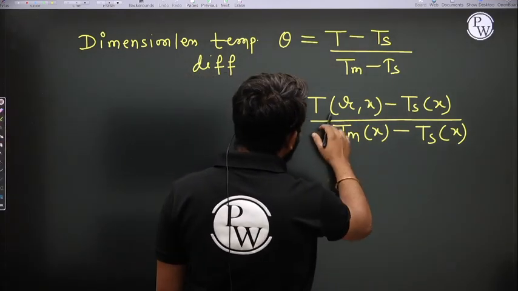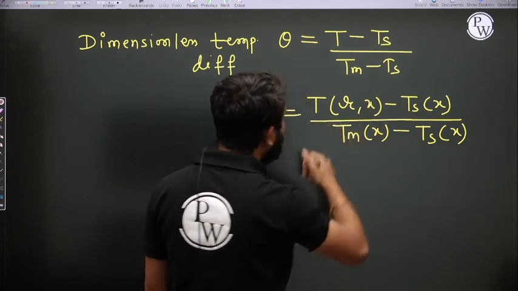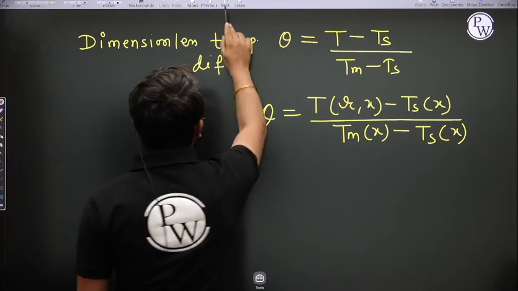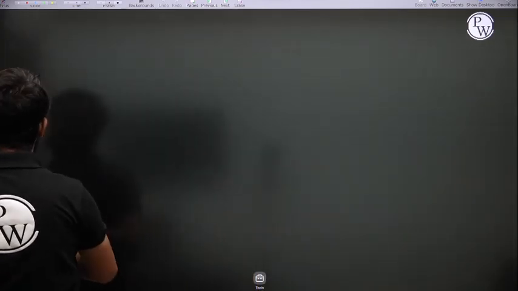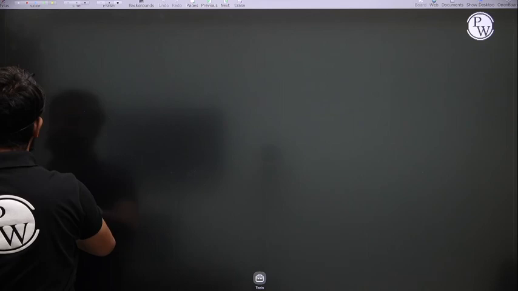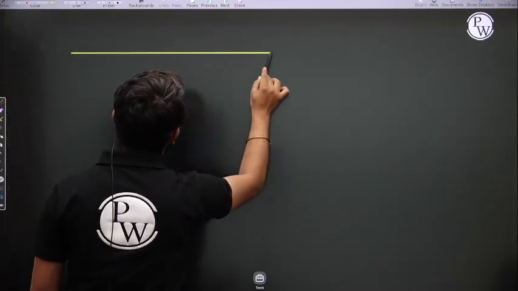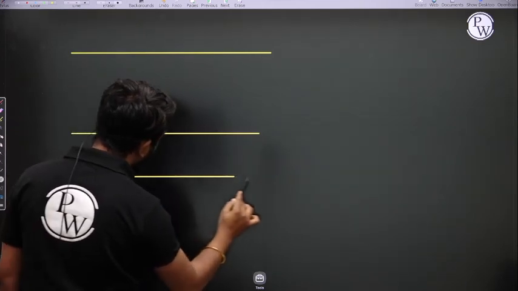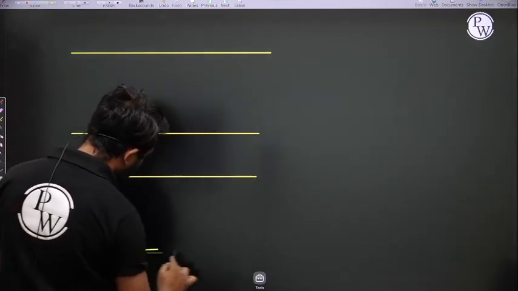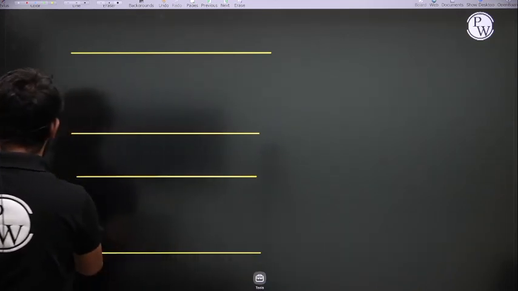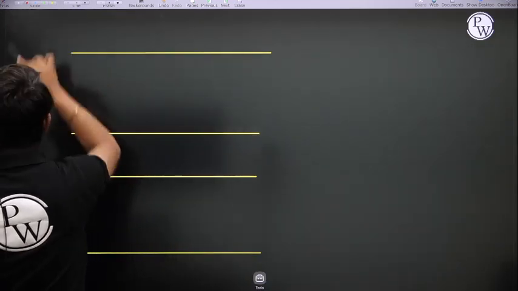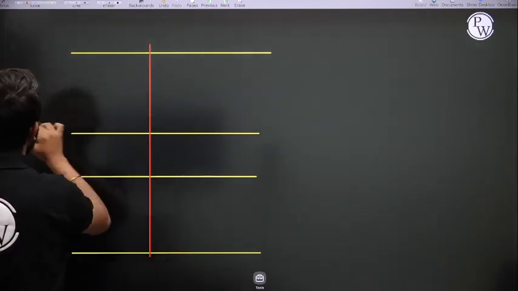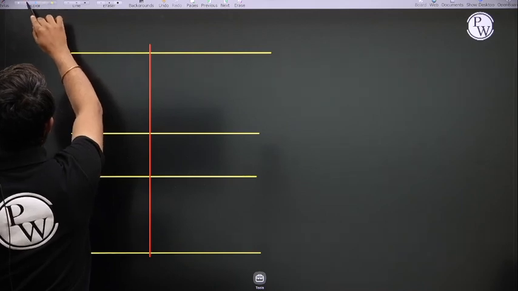Now see here, T we know, Ts we know. What is this Tm? This Tm is the mean temperature. Now let's start our discussion on the mean temperature. What is the mean temperature? See here, at a particular section, this is a particular section, in a thermally developed region,